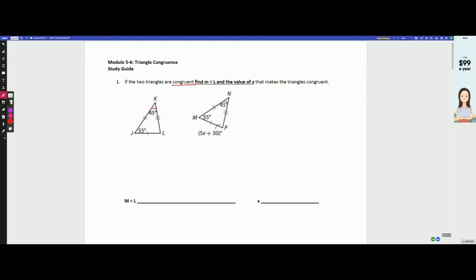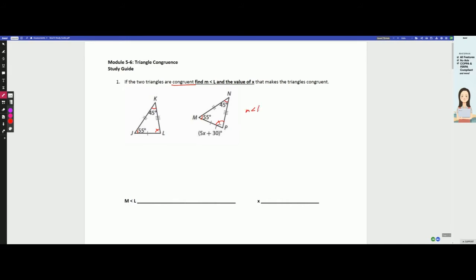If it's a corresponding angle, the angle's got to be corresponding. So 45 is going to be corresponding with the other 45. The 55 is going to be corresponding with the other 55. And if CPCTC is being used here, which it should be because we know for a fact that these two triangles are congruent, then therefore the measure for angle